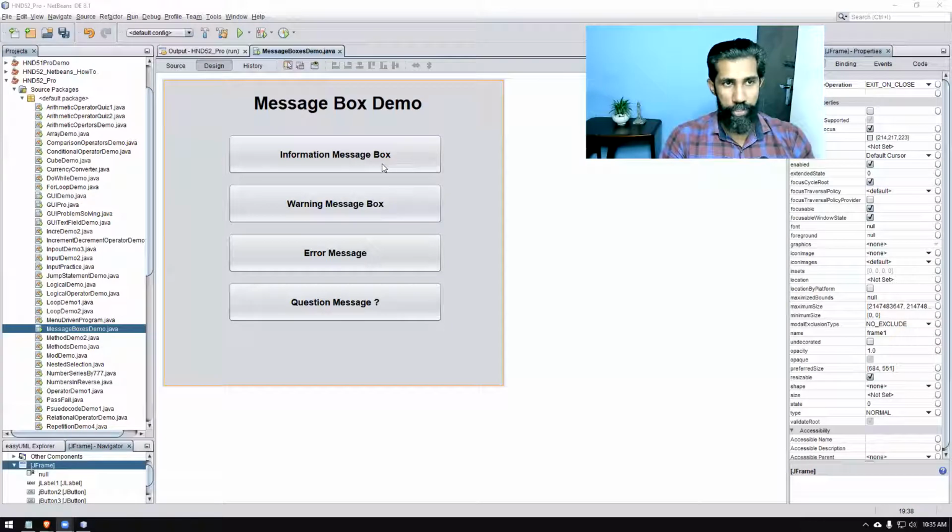So, the information message box, I'm going to show you how to do it. Just double click that and I'm going to add the code. At the latter part of this, I'm going to show you a shortcut, how you can make use of code templates. If you create code templates with two or three letters, you can generate these message boxes, and then it's very convenient for you to do lengthy programs.